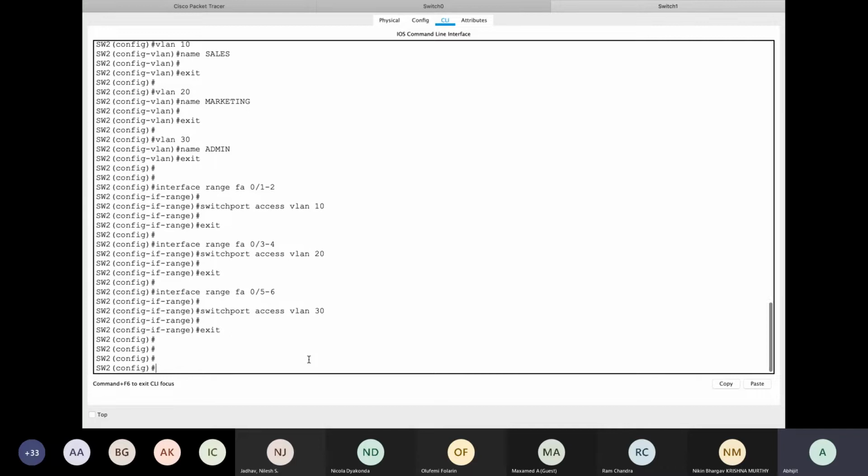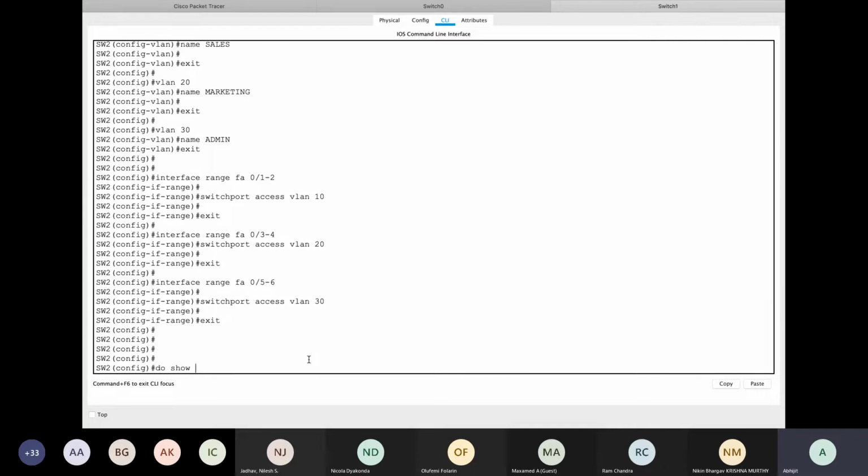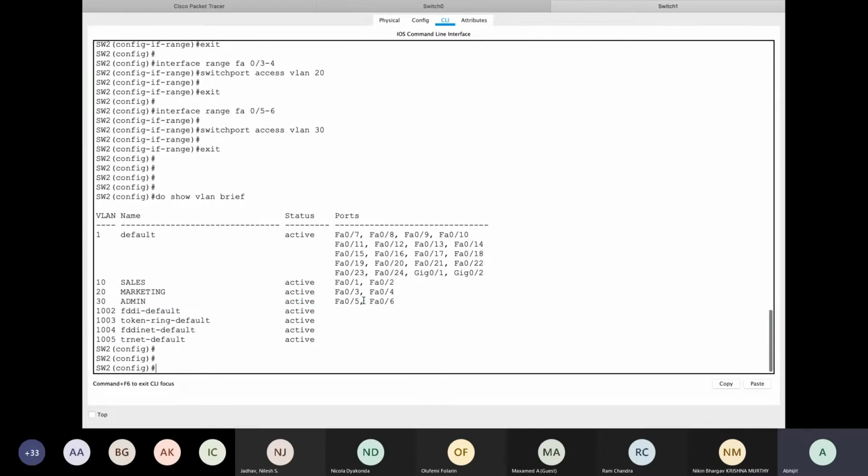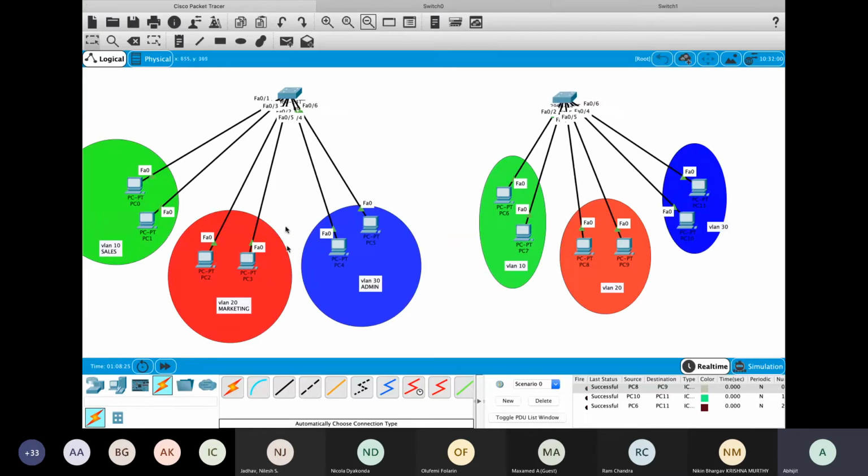Make sense? Now, if I check do show vlan brief, then you can see sales, marketing, and admin. These three are the VLANs that are created there. Okay, and now I'll show you whether these communicate together, because I want VLAN 10 to communicate with VLAN 10, 20 with 20, and 30 with 30. So if I go ahead and connect this over here,